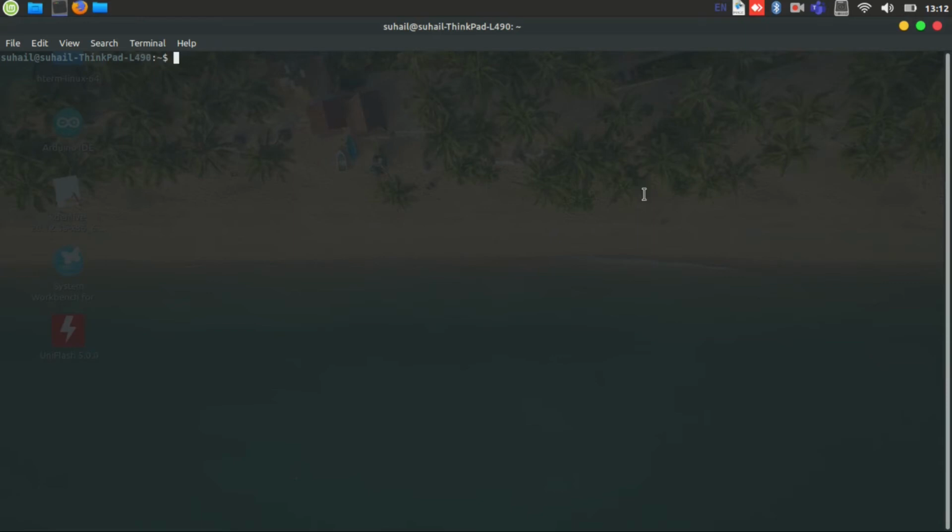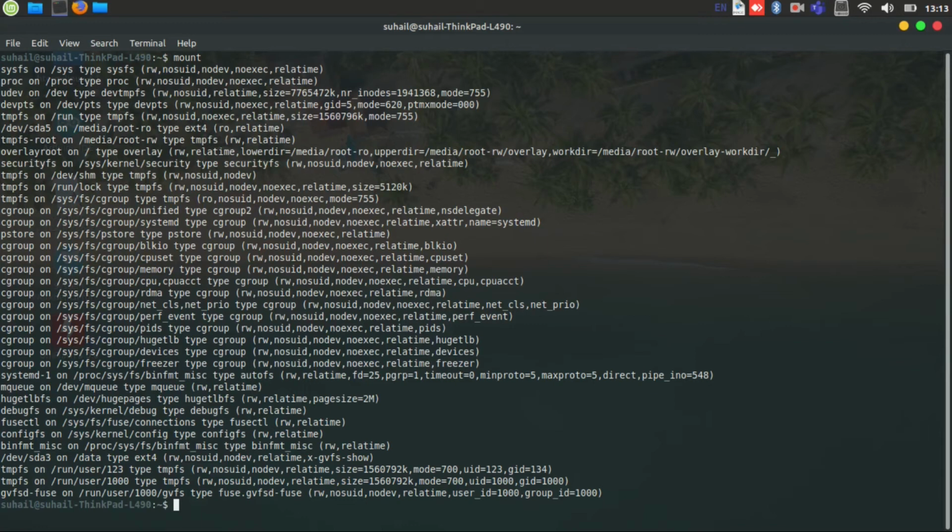Okay, after rebooting the system, we want to check whether our changes have taken effect or not. So just type mount and see the output. As you can see, our root partition is now mounted as overlayroot. So any changes made in this online session will be written as temporary changes, and no effect will take place on our original partition, which is the root partition mounted as dda5.